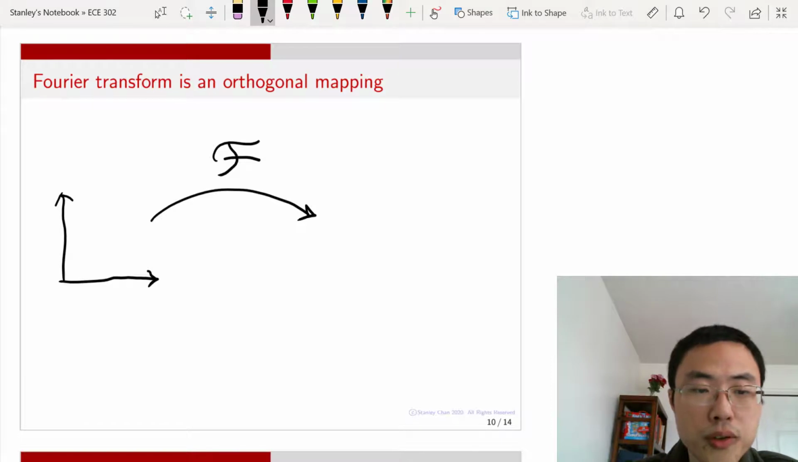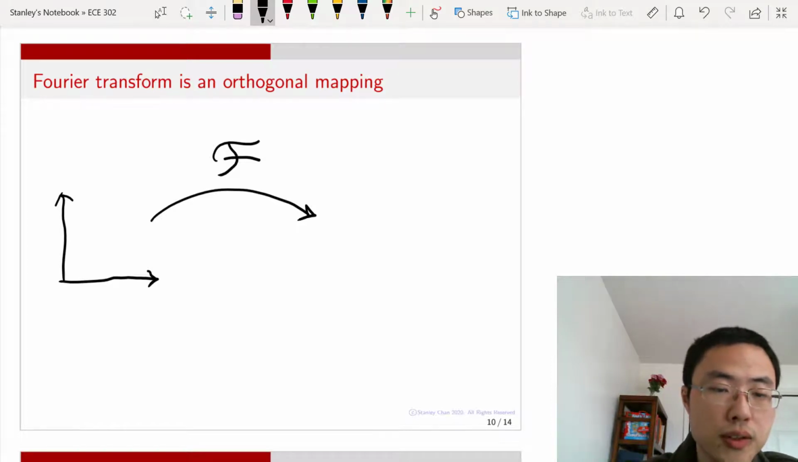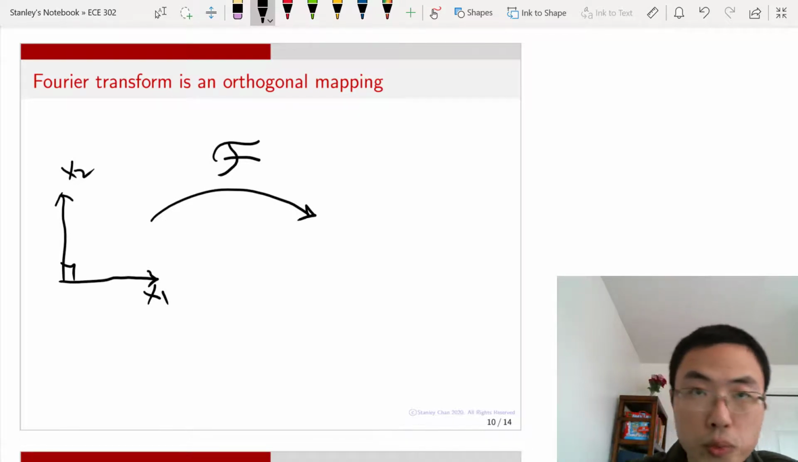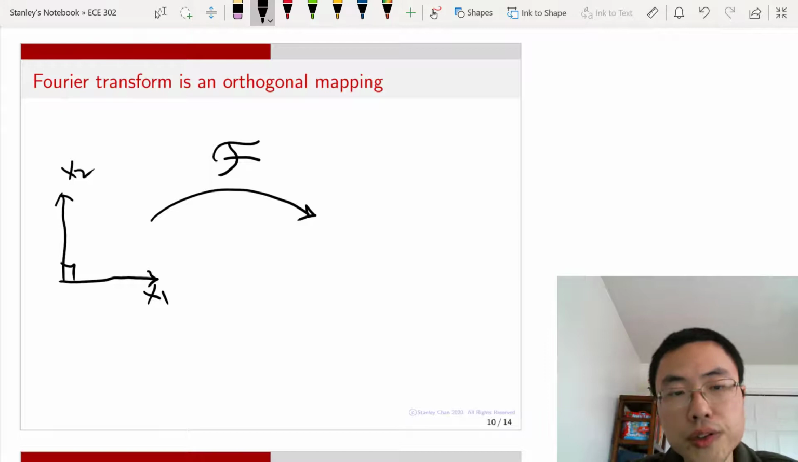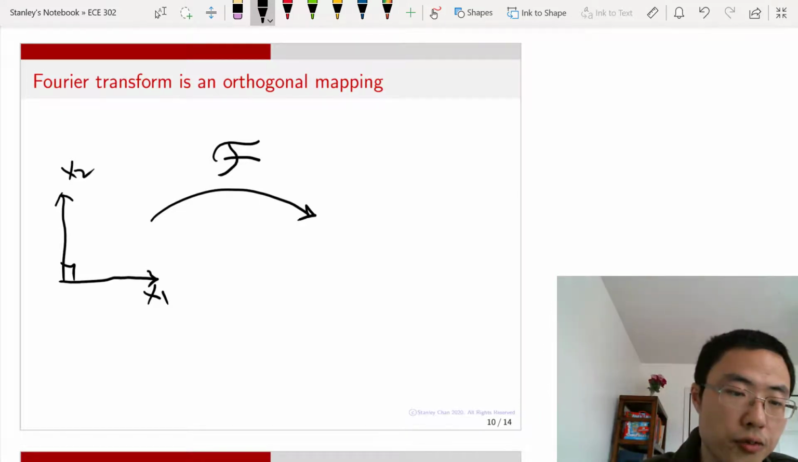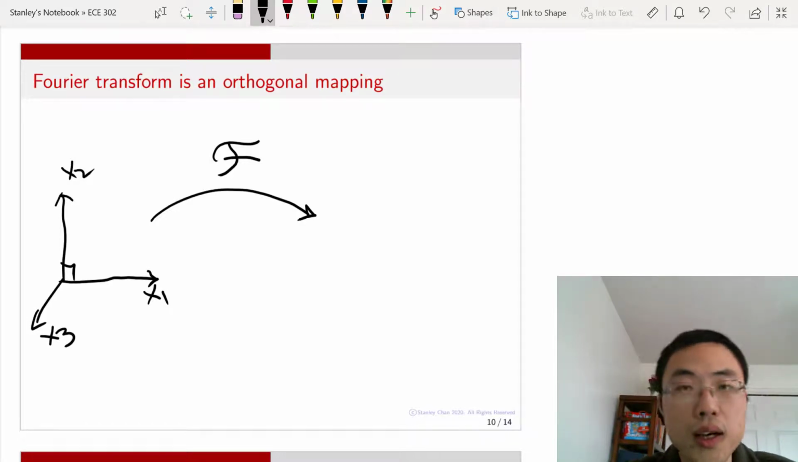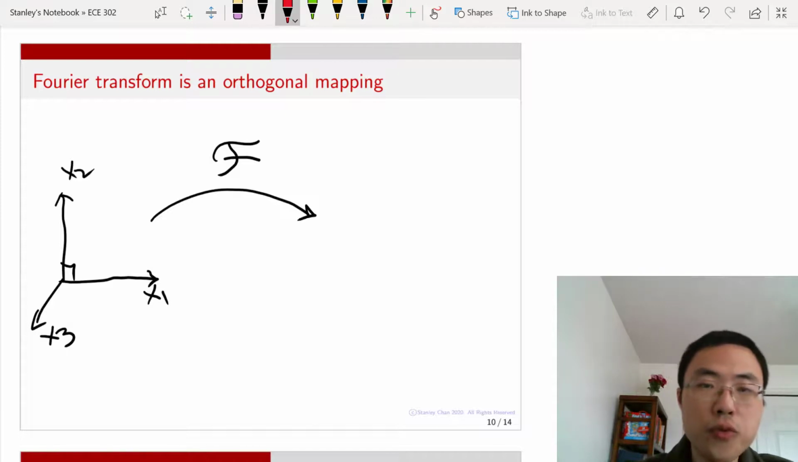a perpendicular space where you have two axes. You have x1, you have x2, and then there is a right angle between the two. So this is the coordinate system that we all live in. Now, if you like to have a three-dimensional space, you have x1, x2, and x3. Everything is orthogonal. And if you apply the Fourier transform, I'm not sure if you are familiar with this idea,